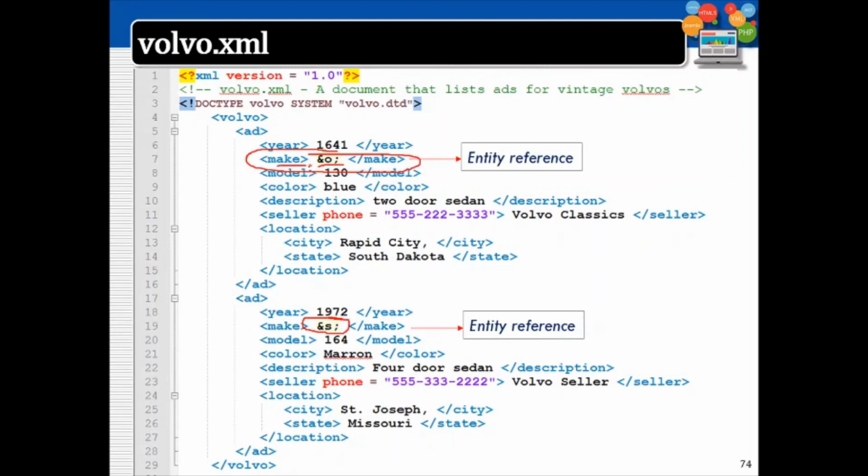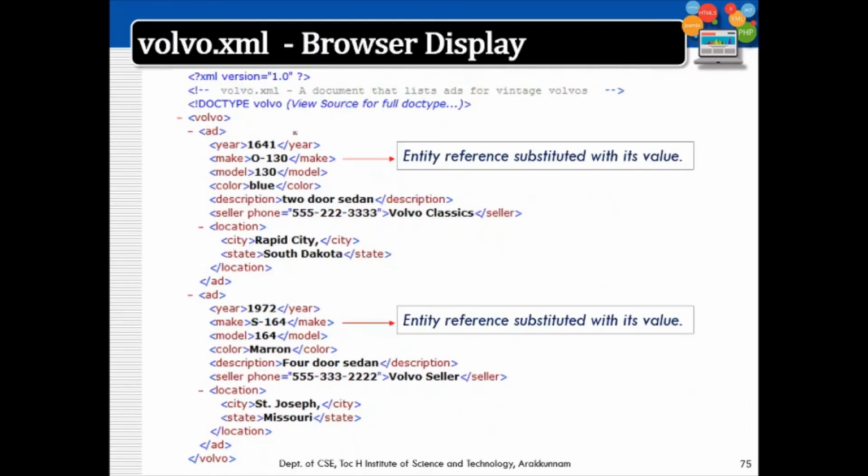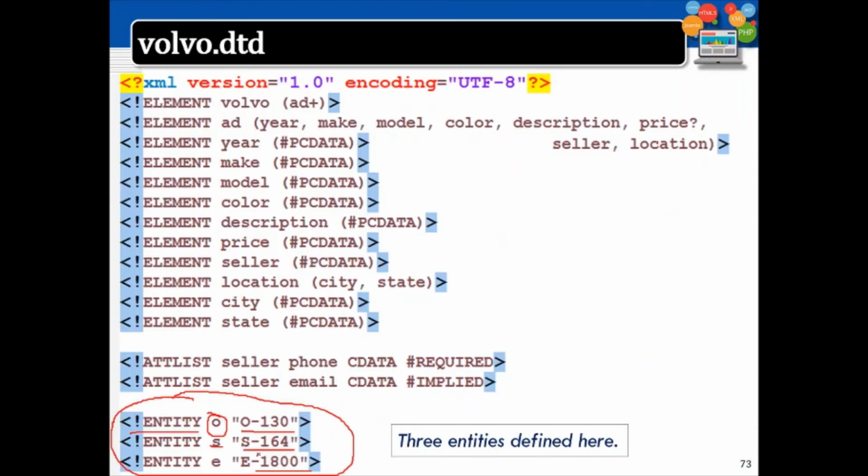Now in XML I have given it like this, but when you open this XML within the browser, you can see it is not the ampersand semicolon thing you see here. It is substituted with the value which was given in the DTD. In the DTD we have given the values like this.